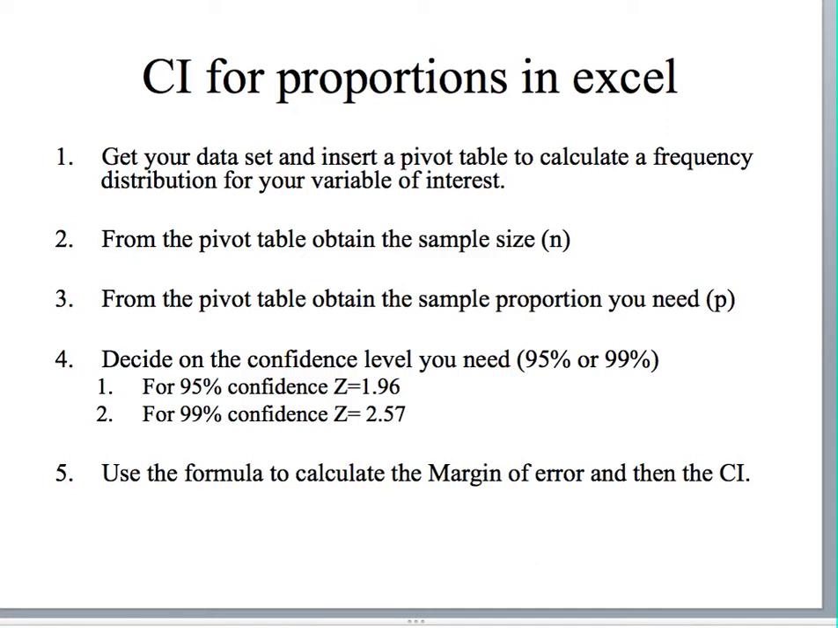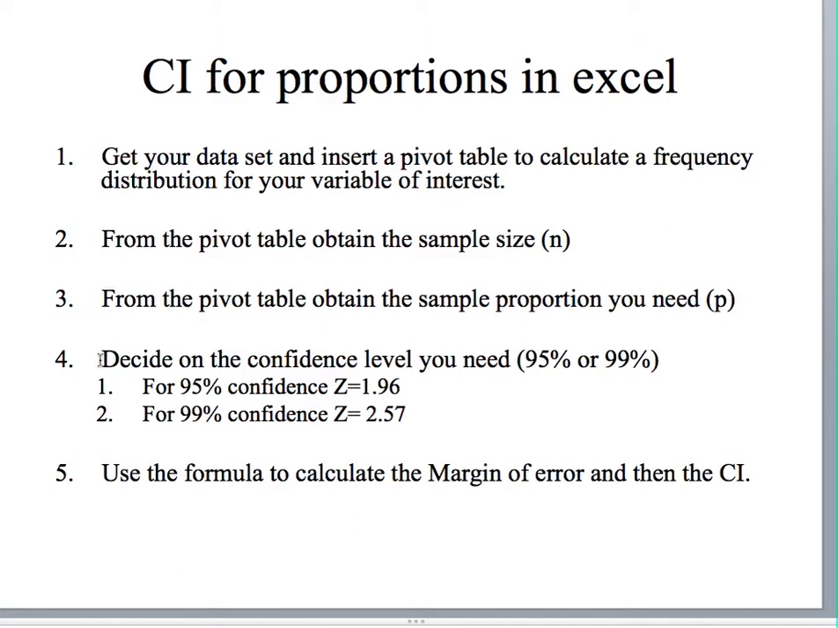So we're going to review how to get your data in an Excel spreadsheet, and specifically how to get a pivot table from a data set to calculate a frequency distribution for your variable of interest, or a proportion for your variable of interest. From the pivot table, we'll get the sample size n, we'll get the sample proportion p, and